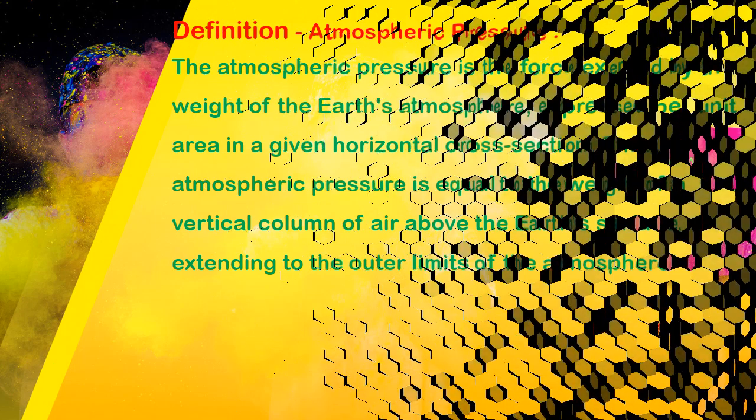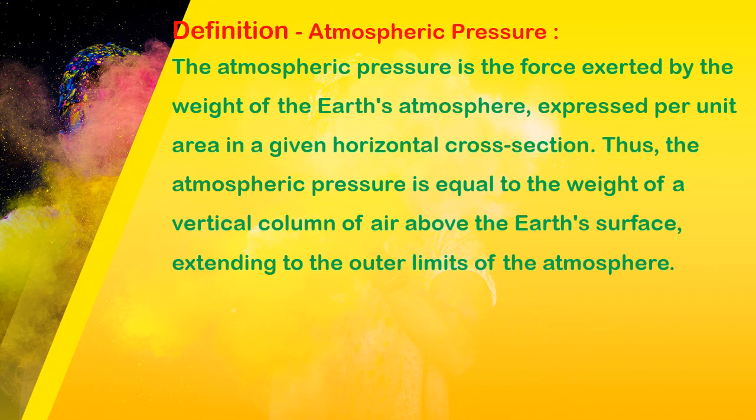Today we are going to see the definition of atmospheric pressure. We are going to discuss the pressure patterns seen on the earth's surface. So what is meant by atmospheric pressure? On the earth's surface there are several things over which there is a pressure, but with naked eyes we cannot see that pressure, but the pressure is there.